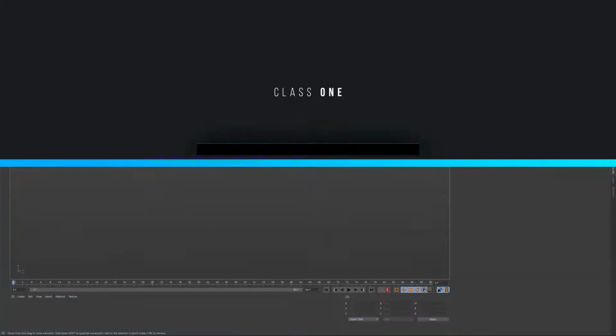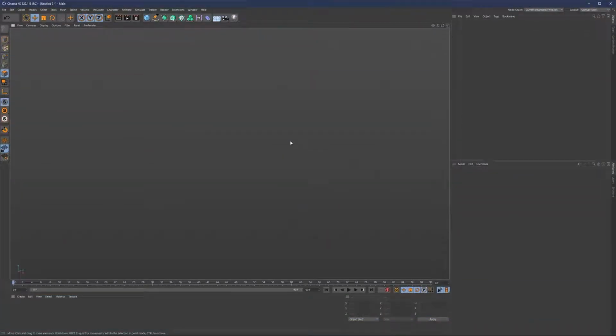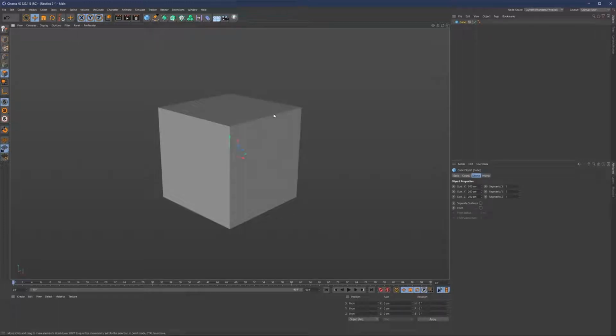Let's now talk about the most commonly used 3D modeling tools. One of the tools that we're going to use really a lot is the Extrude tool. To access Extrude, we're just going to use our generic cube one more time. And in order to access any of the modeling tools, we are going to